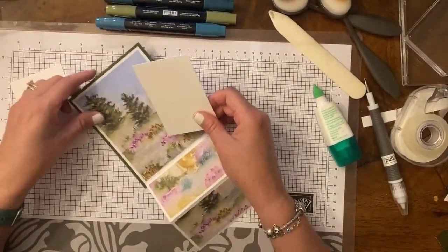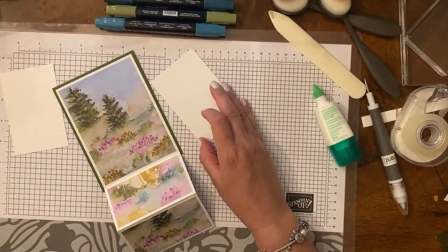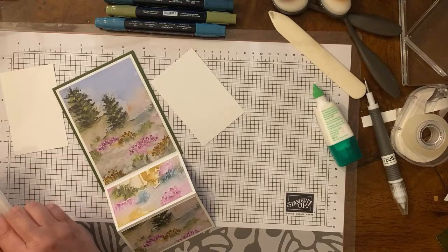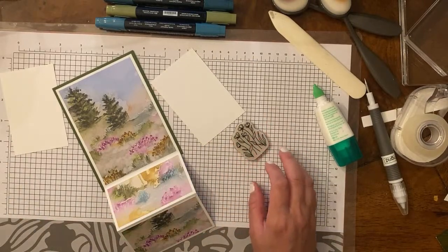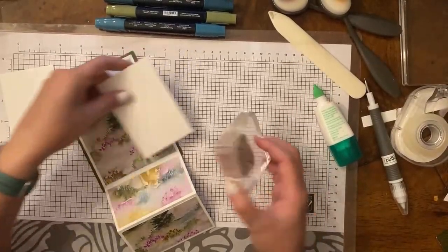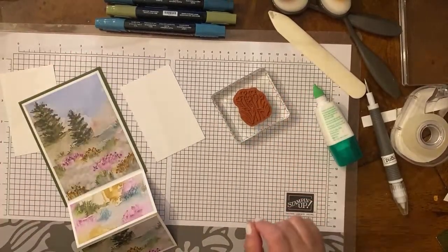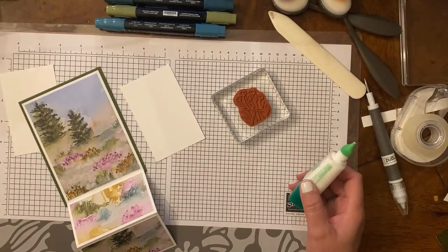So let's go ahead. I'm thinking though, I think I'm gonna change my take on this, because I really like these little flowers. And we can just add those down here just to give it an extra little pop there. So I'm thinking of